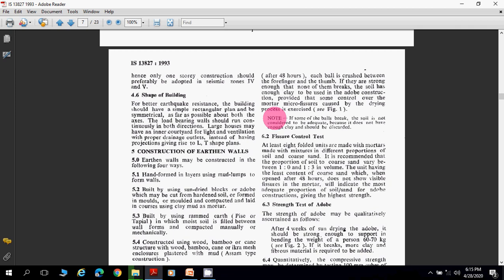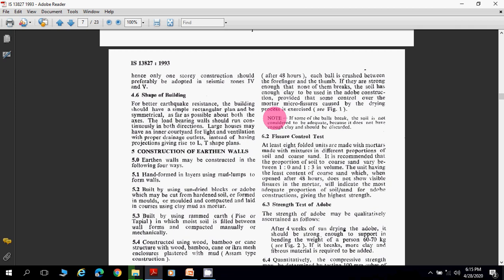If they are strong enough, then none of them break. So the clay or soil to be used in adobe construction, provided there is some control over the mortar, then the fissures caused by the drying process are controlled. If the balls do not break, then the soil or clay is good and suitable for adobe construction. The second one is the fissure control test, in which